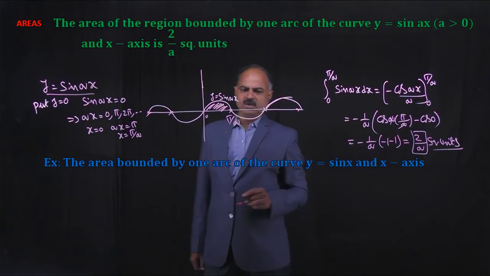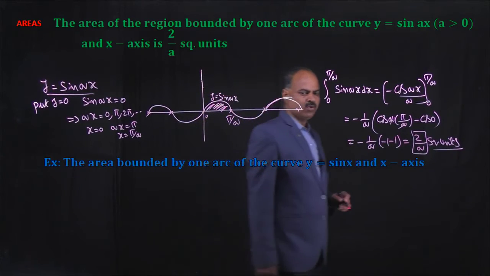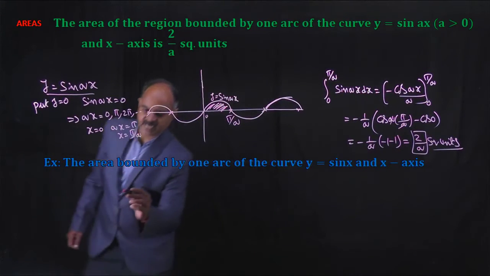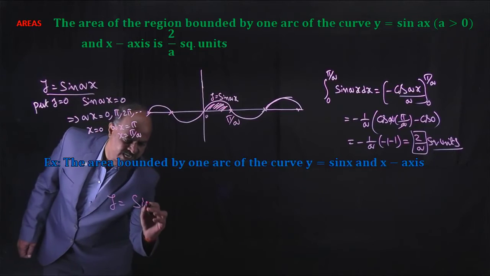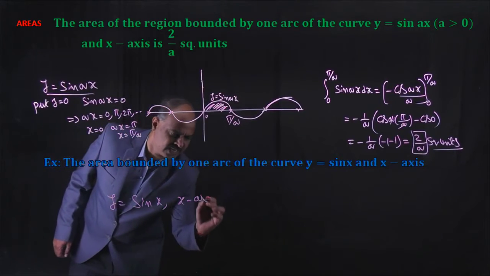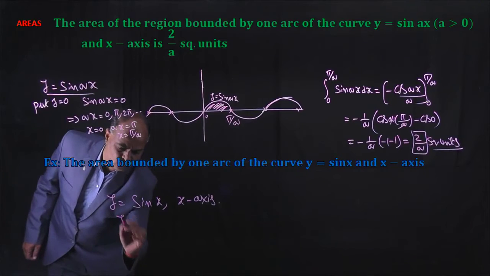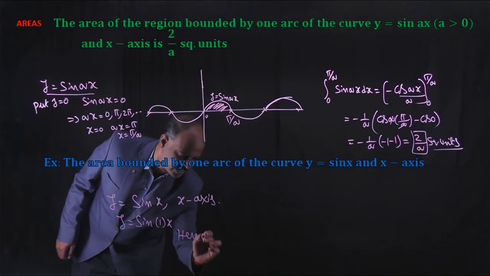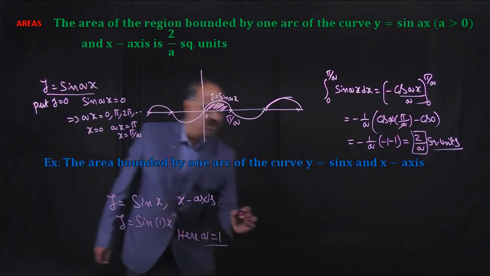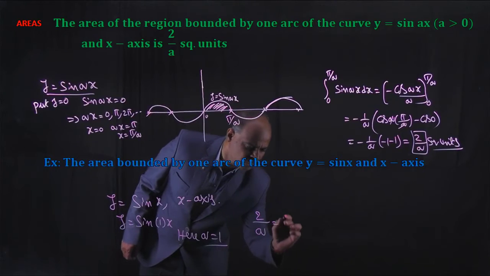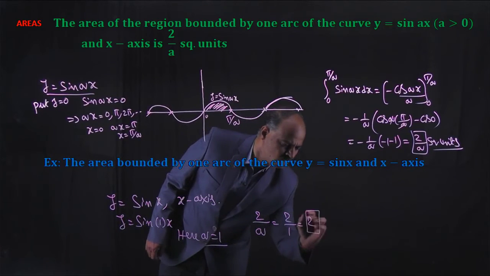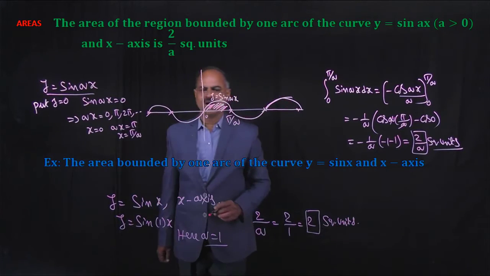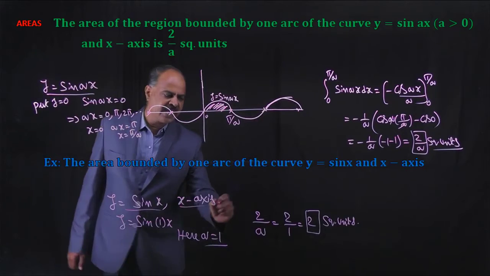Suppose, for example, the area bounded by the curve y equal to sin x and the x-axis. Given y equal to sin x and x-axis, here y equal to sin of 1 into x, so a is equal to 1. The formula is 2 by a square units, that is 2 by 1, which equals 2 square units. Therefore, the area bounded by one arc of the curve y equal to sin x and x-axis is